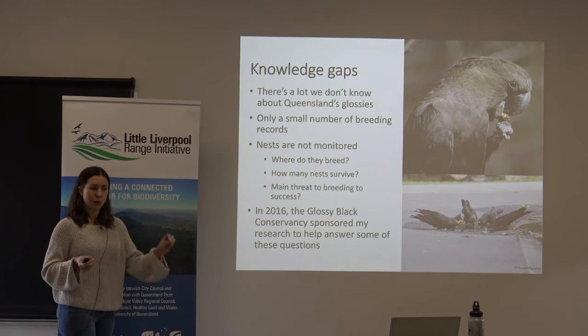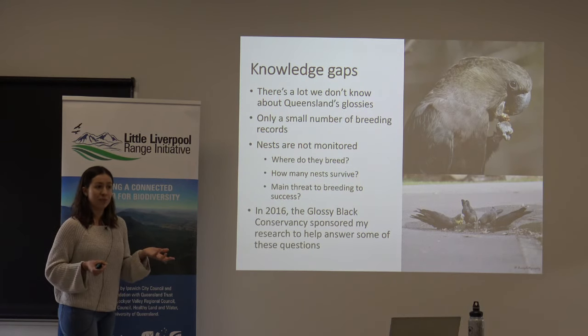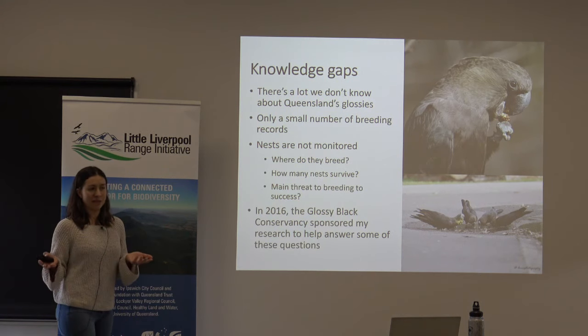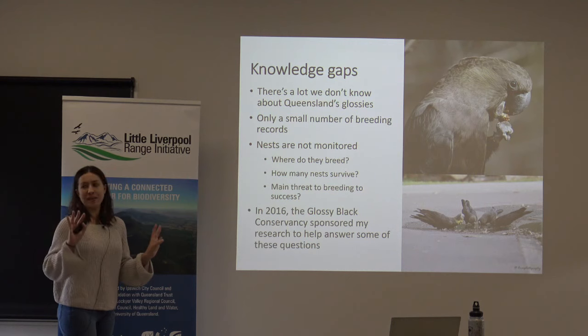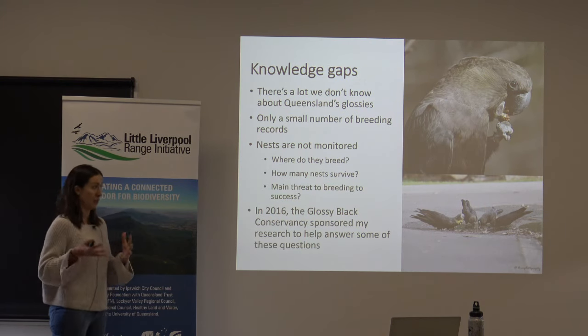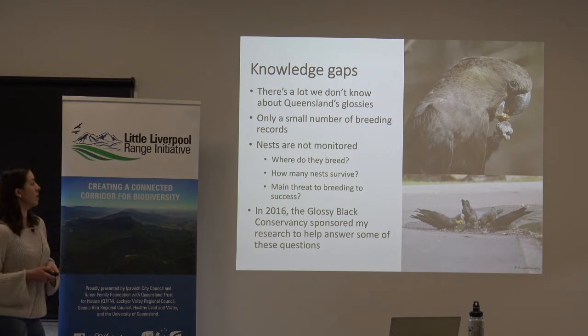So we know a lot about how they breed on Kangaroo Island. We know, for instance, how well they use nest boxes on Kangaroo Island for breeding. Here, it doesn't seem to be the same kind of thing. They don't seem to use nest boxes as well. We don't really know how they move around the landscape, which is a lot larger than Kangaroo Island. So heaps of knowledge gaps, heaps of research questions, and the Conservancy is trying to start to address some of these now. In terms of nesting, which is my area of research, the main questions we have for Queensland